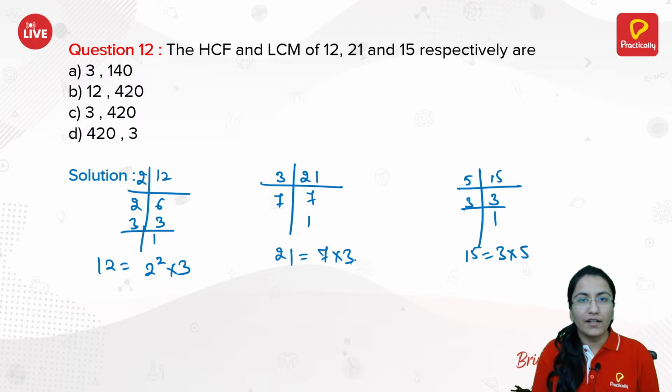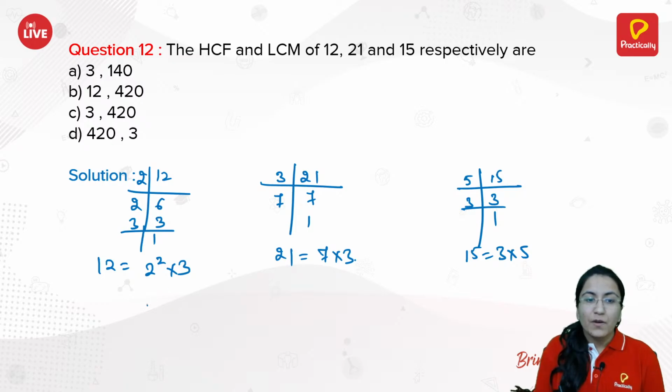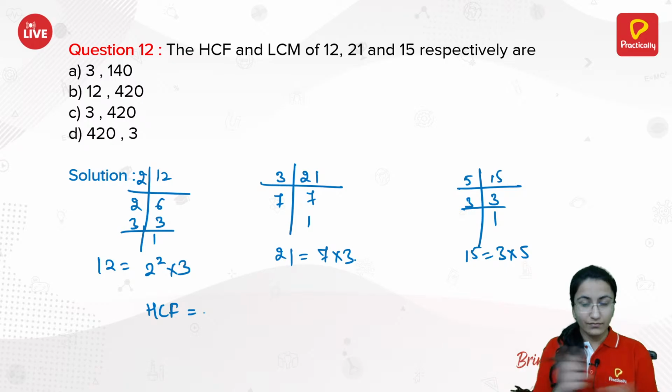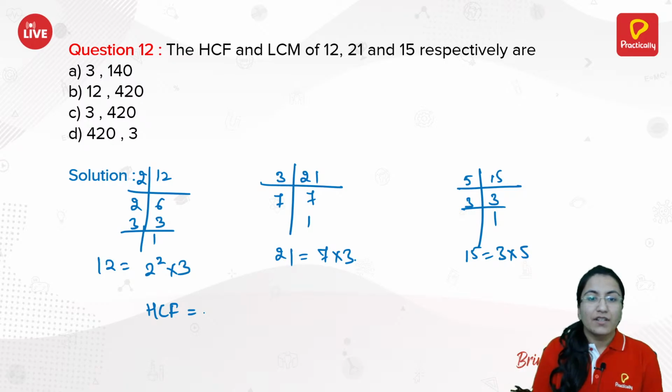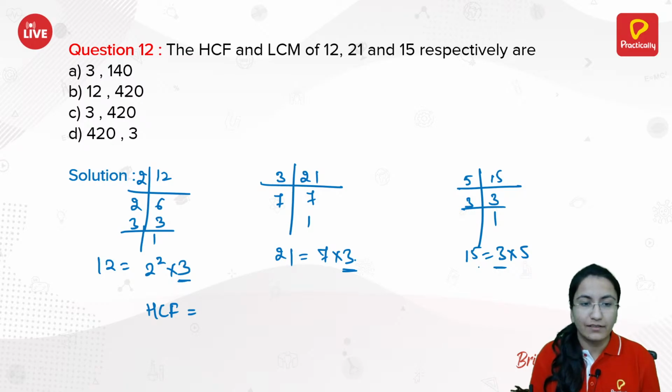Now you are done with all the prime factorization. Let's just jump to how to find the HCF and LCM. For HCF, you first see the common factors of all the 3 numbers. So for all these 3 numbers, common factor is only 3. No other factor is common in all the